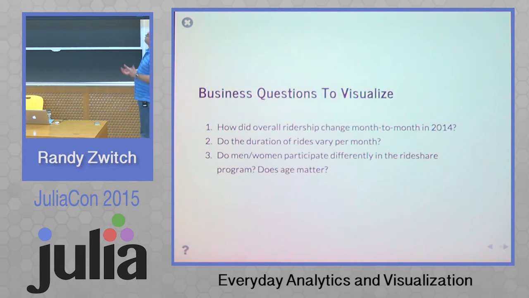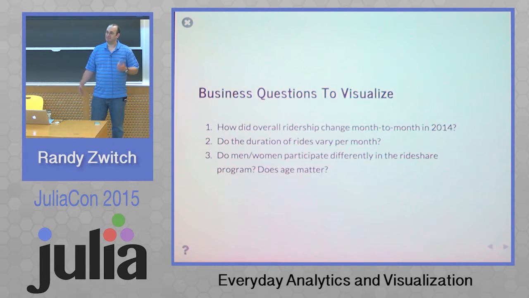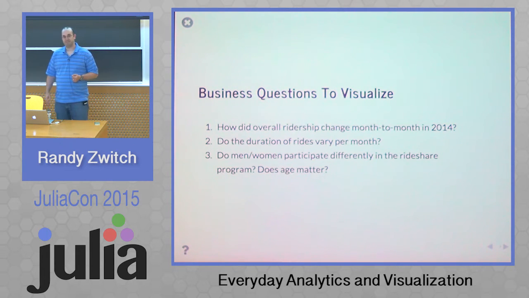So how does overall ridership change month to month? The one thing that's obvious about riding the bike is there's a really good period of time, and then there are some really bad periods of time. So for someone like myself, I would never ride my bike in December, right? It's just going to be too cold on the East Coast. I know there are some very hardcore people that ride year-round. And then the same thing, in the middle of July, I probably am not going to be riding a bike to wherever I'm going because I would be so sweaty that I probably would not think that a bike was appropriate transportation. But regardless, we can look at that and plot this and understand how the people of New York City are using bikes by month.